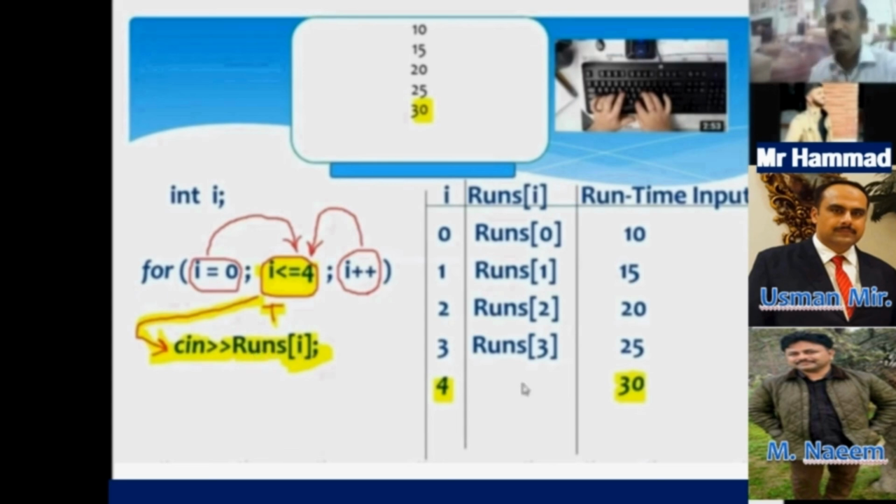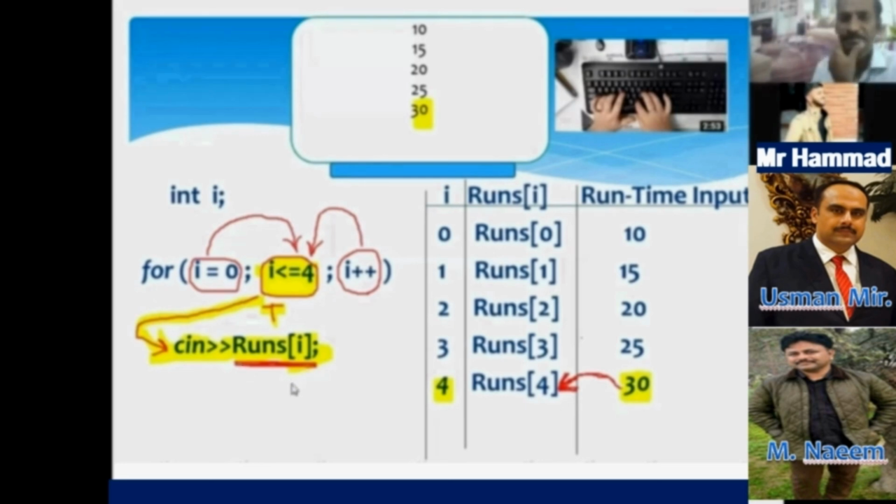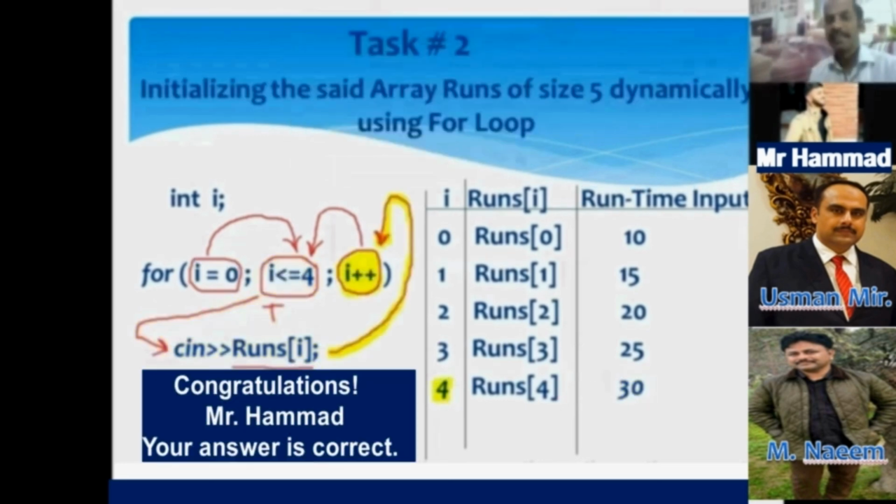What will this address become if we place the value of i, that one is 4? Yes, sir. Sir, runs within square bracket 4. It is the 5th memory location of the array. All right. And 30 will be stored in the memory location number 5. All right. My dear, another question to you. After the execution of the scanf statement, the control of execution will be shifted to which statement? Sir, increment statement. Okay, increment statement.